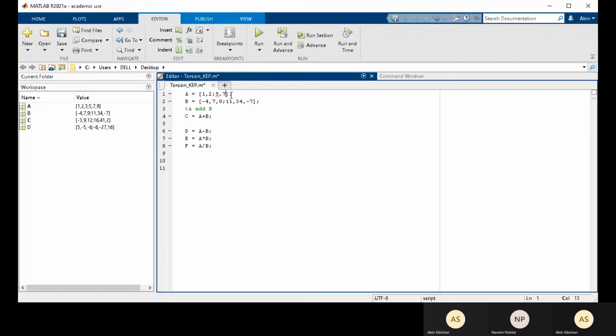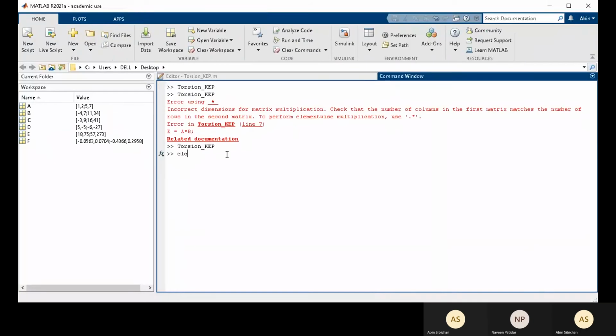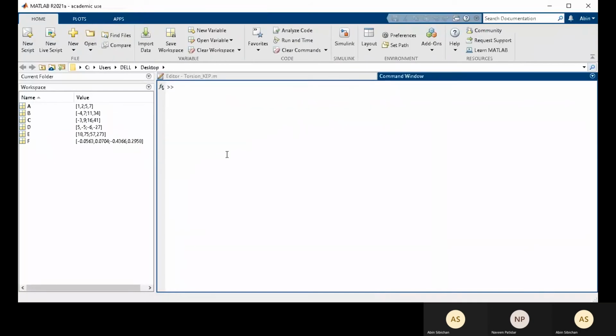Now if I run the code, I will have A, B, C, D, E, and F. Let's see, I will access everything from the workspace. Let's say A and B. As we can see, C should be each element added to its own counterpart.